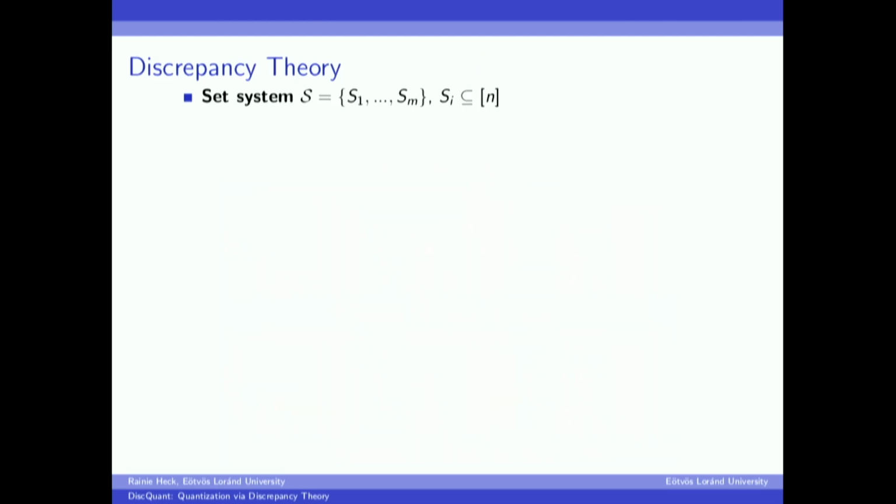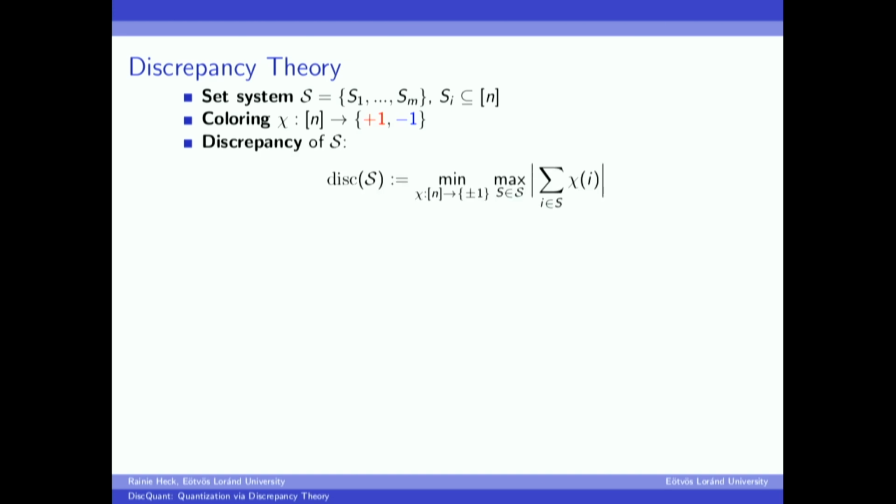So to define our algorithm, I need to briefly introduce discrepancy theory, which is a tool from combinatorics and geometry. The setting we consider is we're given a set system on a base set of n elements, and we have m sets, so m is at most 2 to the n. And we look at colorings of the base set of elements by either blue or red, or plus or minus 1. And we're interested in coloring the base set so that each of the sets in our system is as balanced as possible. And the way that we're going to quantify that is this discrepancy quantity.